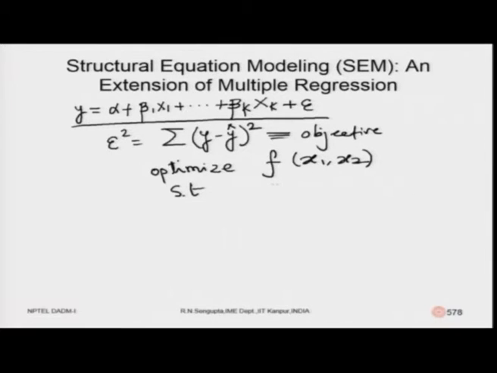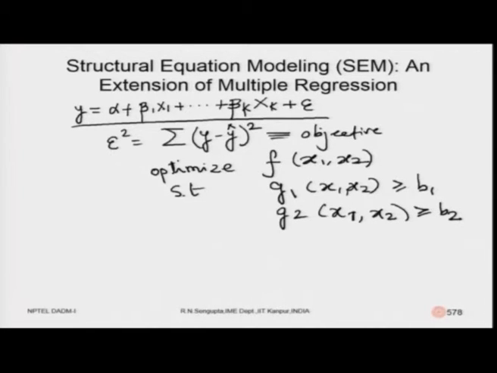Subject to constraints, again some g1 of x1, x2 is, for example, greater than or equal to b1. These are just constants; consider b1 is a constant. Similarly, consider g2 of x1, x2 being greater than or equal to b2. This greater than sign or less than sign can be tailored according to your problem, and there are other constraints. Now, let us draw the diagram of how it can be done. Let me draw a 2-dimensional one. If you remember, I mentioned that I am going to consider x1, x2 only, because it is easy for me to explain.